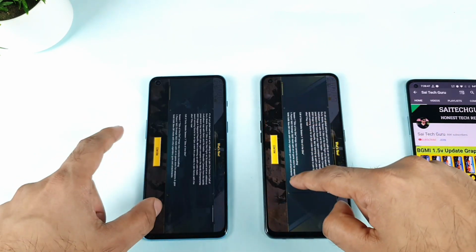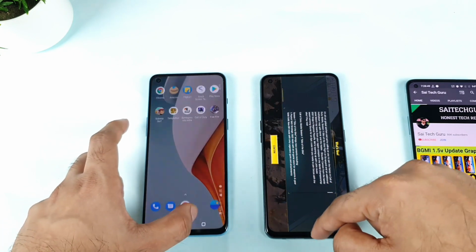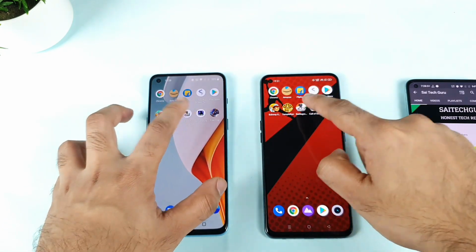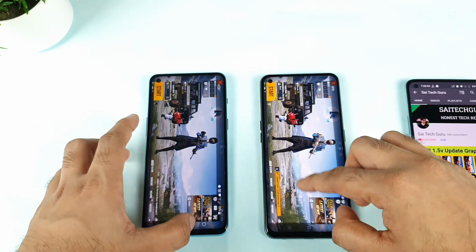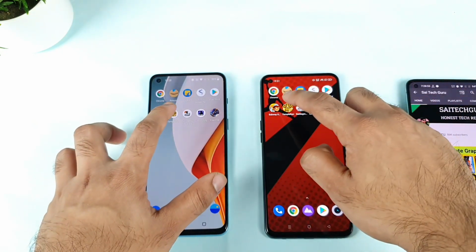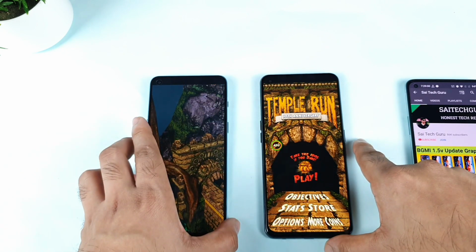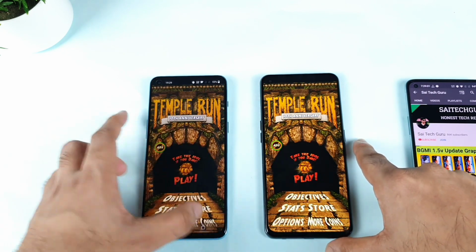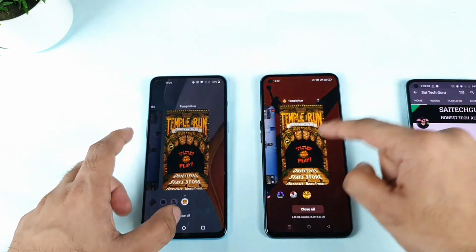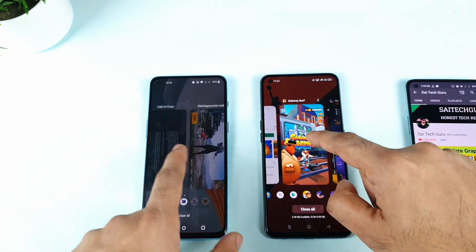Call of Duty, yes, it will be open in the Call of Duty, no bad. And next is the Battlegrounds Mobile. So all 5 games, it should not be a problem, friends. The only thing is about the applications. The Temple Run got closed, unfortunately, in the OnePlus Nord 2. It's kind of shocking. Before the update, it used to maintain 5 games in the background.